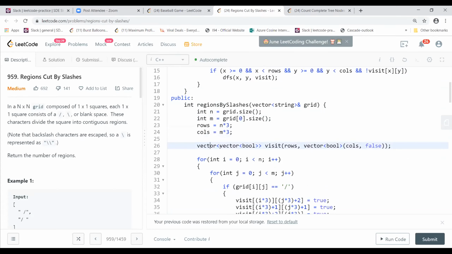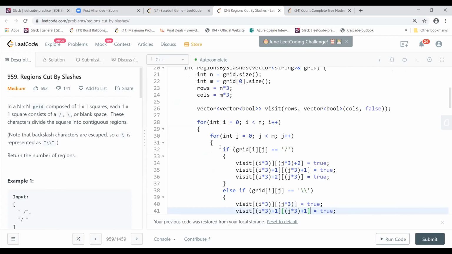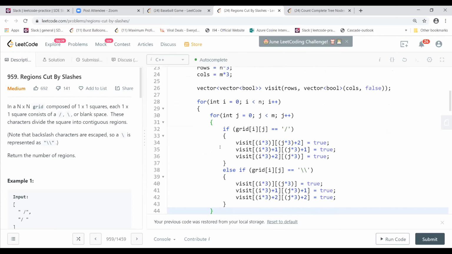Then I create a two-dimensional vector of type bool. I go through the grid because I need to create an array where, if there is a slash, I mark those particular cells true.